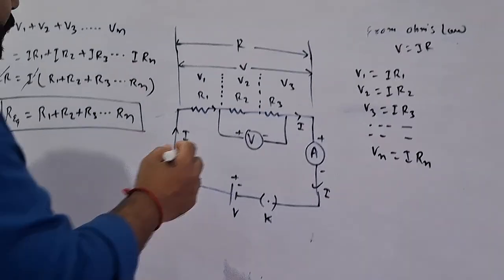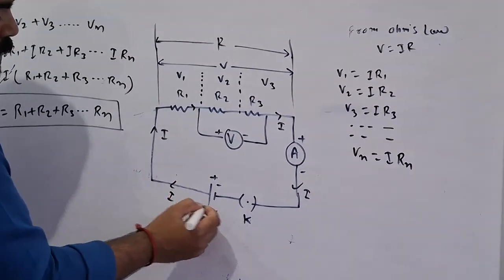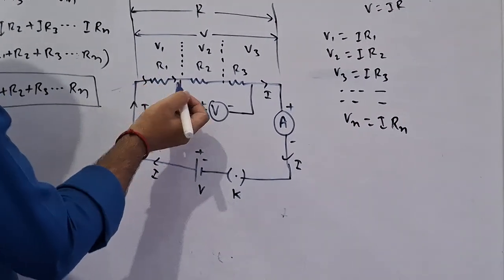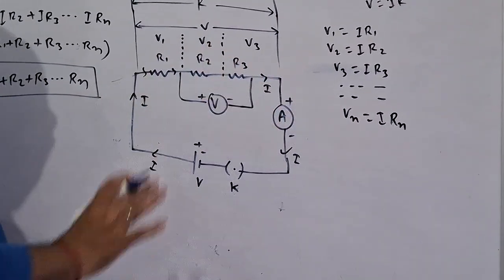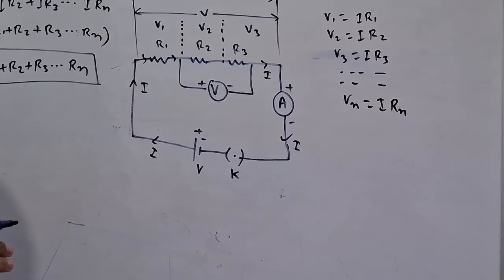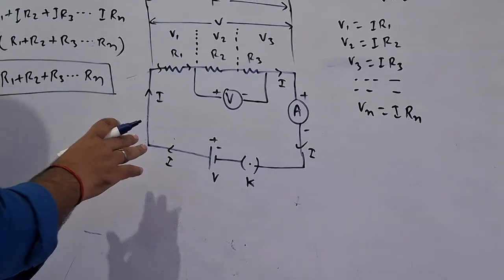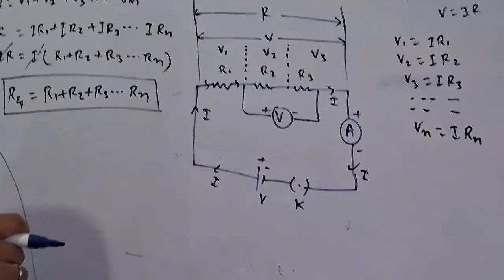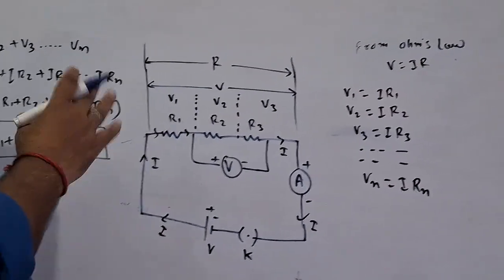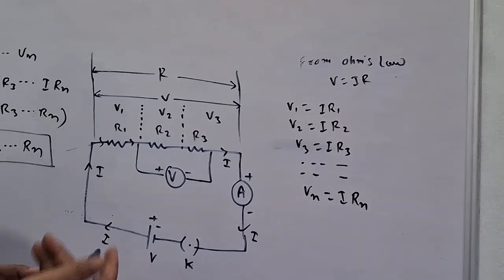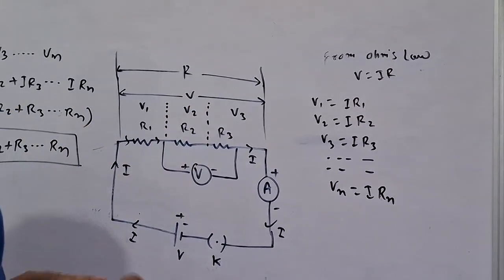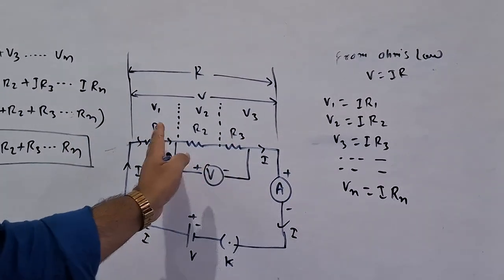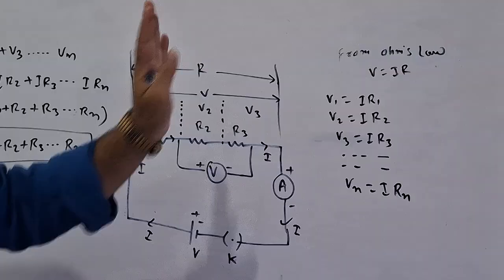As you can see here, current I is coming from the battery supply line, and current I is flowing through R1, R2 and R3, passing through all the resistors. The current passing through all the resistors is I. So it will be a series combination. Now let the total voltage, or potential difference, be V, and the total equivalent resistance, the sum of all these, be R.